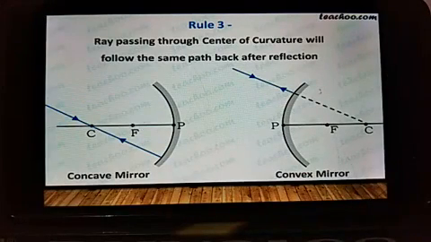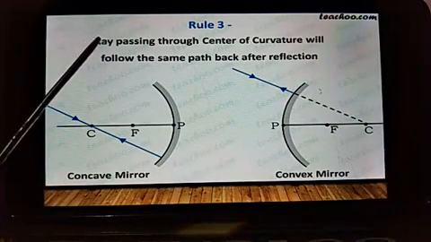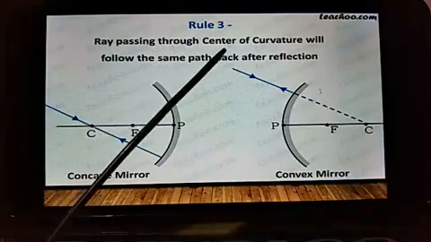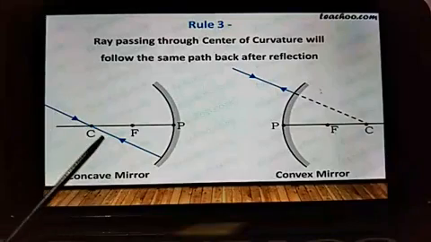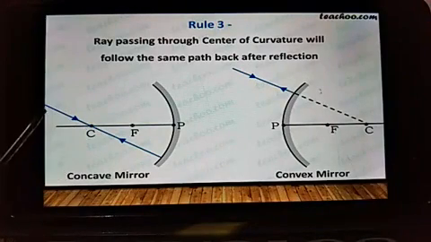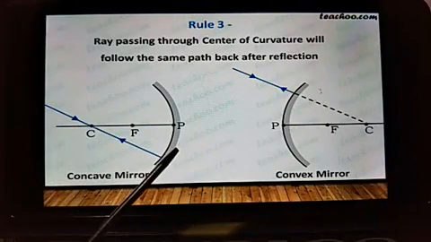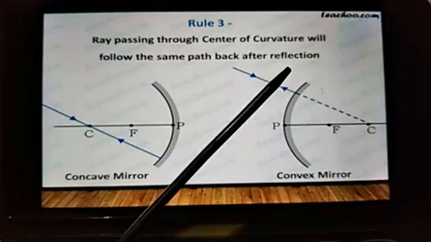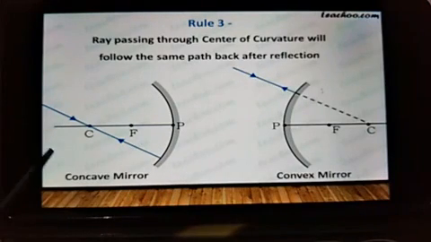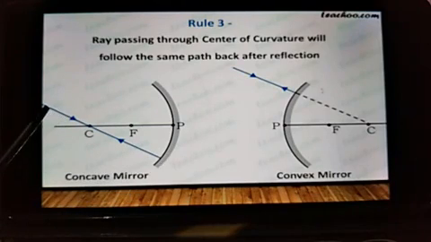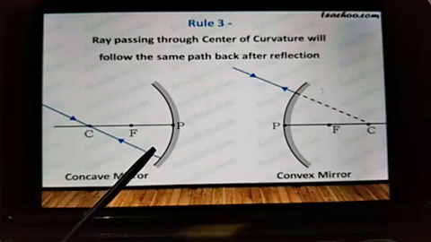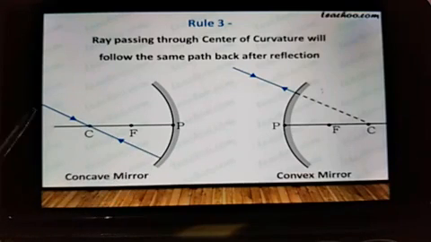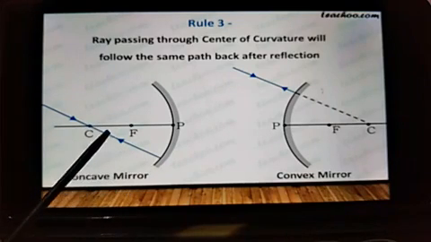Now rule 3. What does rule 3 say? Ray passing through the center of curvature. So here we have the center of curvature. Any ray passing through the center of curvature will follow the same path back after reflection. It means any ray of light which is passing through the center of curvature retraces its path. If it is coming from here passing through the center of curvature, the incident ray is also here, and after reflection it will follow